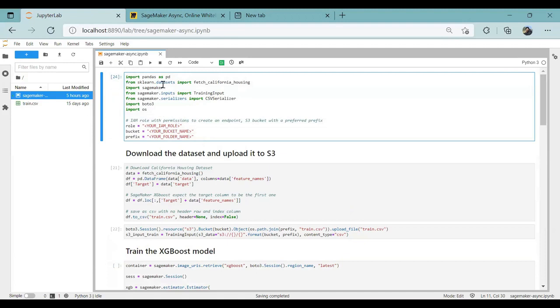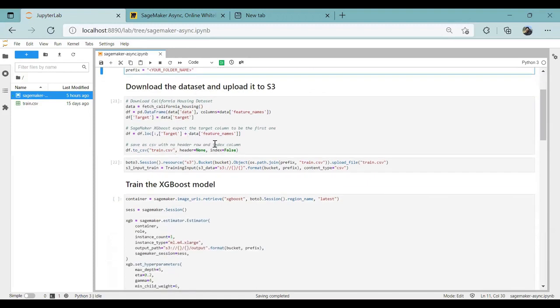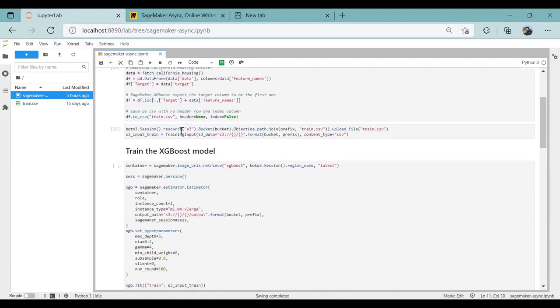You need to import some packages. You need to define the IAM role, the S3 bucket, and a folder name in that S3 bucket. And here we download a toy dataset. It's the California housing dataset from scikit-learn. It is a tabular dataset, and we are going to use it for a regression problem with the SageMaker XGBoost algorithm. Here we download it and upload it to S3